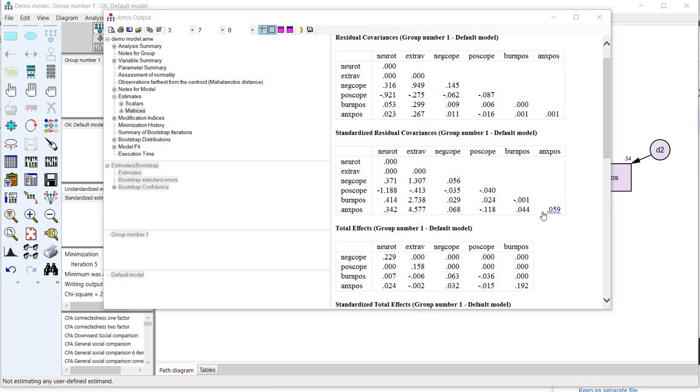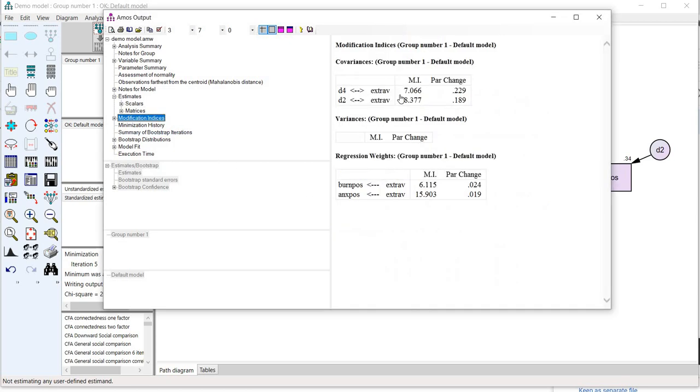Now, if we want to look at the modification indices, we can click on this tab right here, and this gives us a couple of suggestions with respect to parameters that we could theoretically add to the model to improve the fit. Just keep in mind that the residual matrix and modification indices are very empirically based approaches to trying to perhaps respecify a model, and so I would say use them sparingly and be very attuned to the theoretical implications of any kind of model